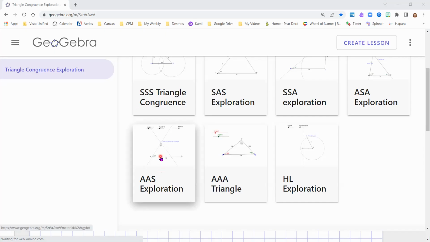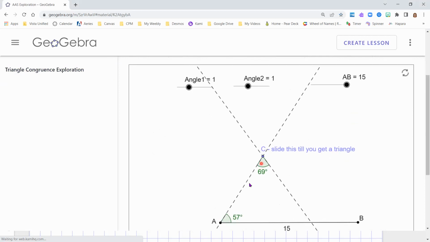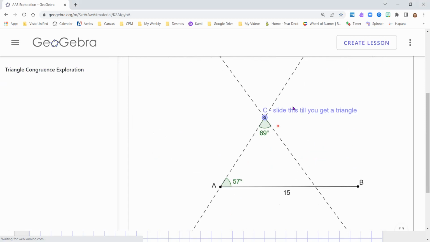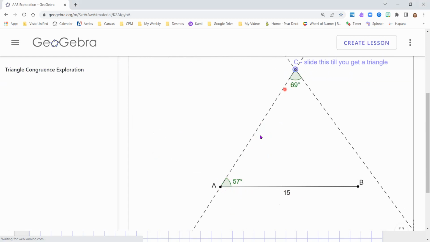So I'm going to try angle, angle, side. And so what's happening here is I have two set angles, okay? But those angles are shooting out. This one's shooting out this direction, and this direction. So you got the 69 going this direction and this direction. You got the 57 going this direction and this direction. But this length here is set. So the 15 is set, okay? The 57 is set. The 69 is set, but this side here is not, and this side here is not, but they